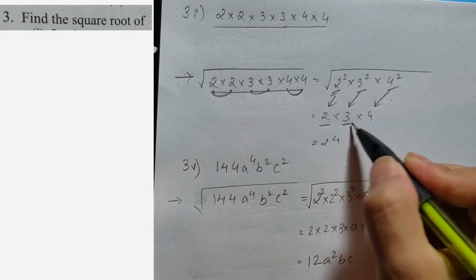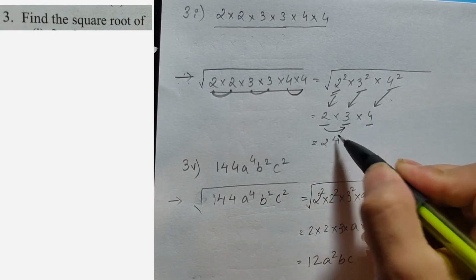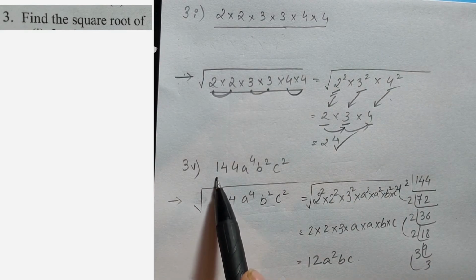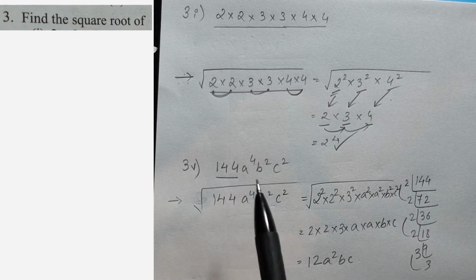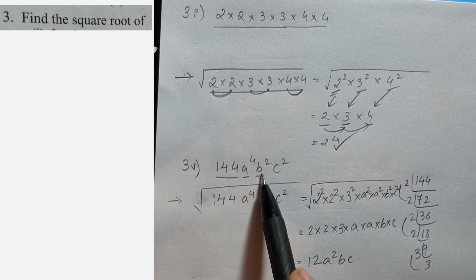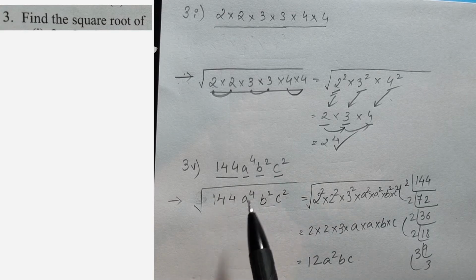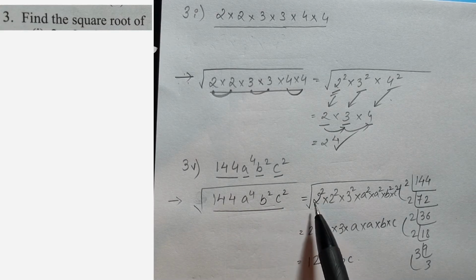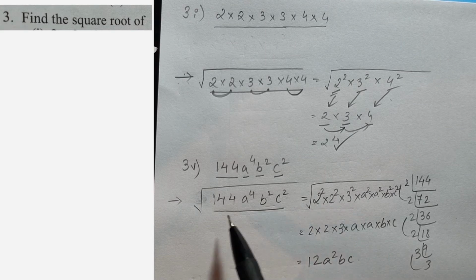So 2 into 3 into 4, 2 3s are 6, 6 4s are 24. Let us see another question. Find the square root of 144 a to the power 4 b square and c square. Okay, so square root of 144 a to the power 4 b square c square is equal to, so since